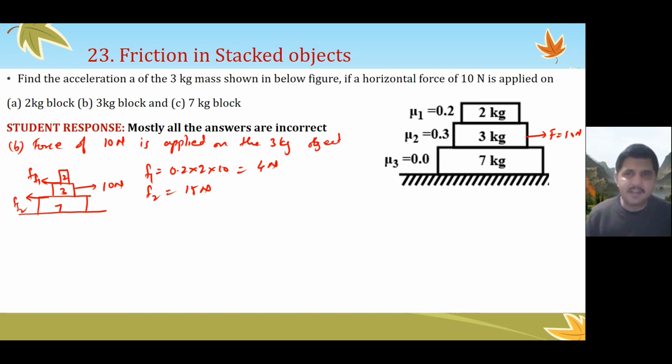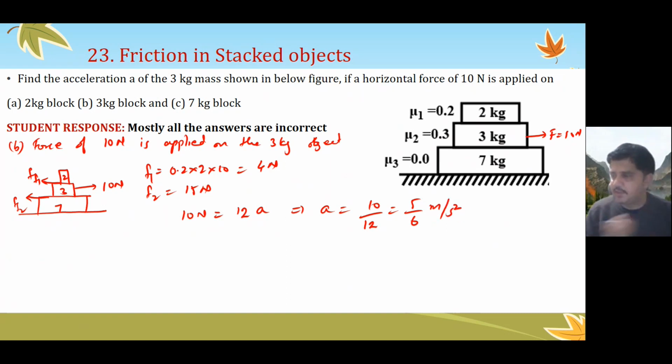So as a result of this, all the three will be present as only one system over here, right? So it will not move. So thus, what can we say? We can say that 10 Newton is the applicable force. This should now be equal to 7 plus 3, 10 plus 2, 12 kg multiplied by a. So a should be equal to 10 by 12, which should be equal to 5 by 6 meter per second square,